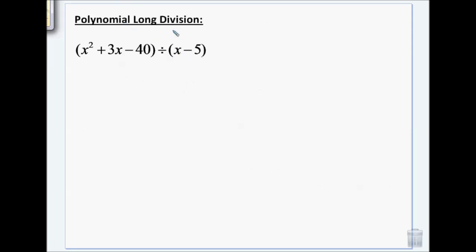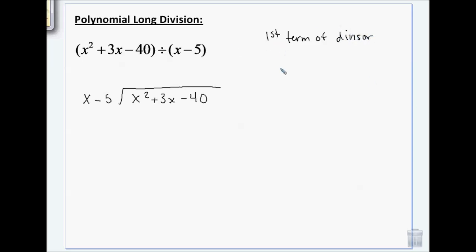Polynomial long division. All right. You're going to want to rewrite this the same way you do actual long division. Okay. And now what we do is we look at the first term of the divisor. This is the divisor. Okay. And we see how many times